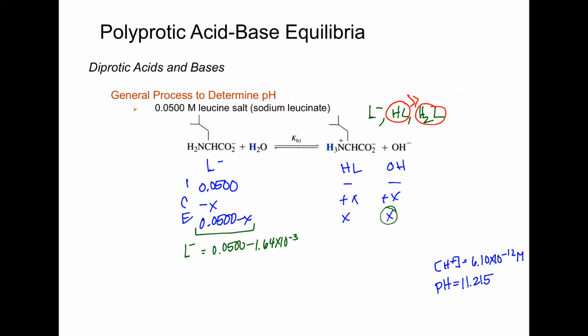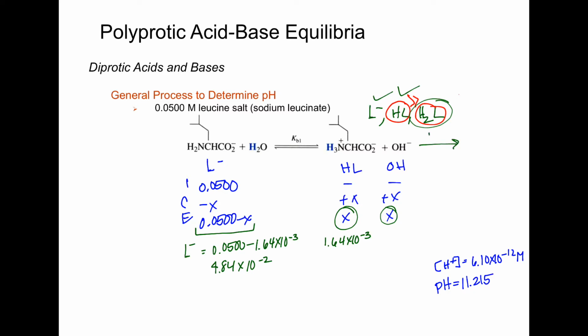So the L concentration is 4.84 times 10 to the negative 2. Now, just like we did in the last problem, we know the HL concentration because we found that it's 1.64 times 10 to the minus 3. So we have this one and this one, but to find this one, we need to talk about that next